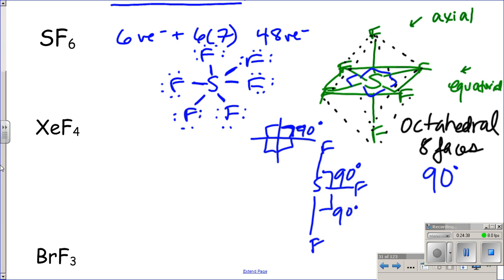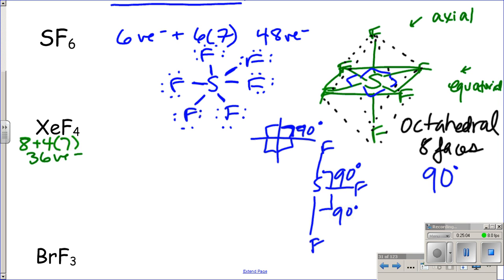All right, so let's try this again. I'm going to go in a different color here for xenon tetrafluoride. Xenon tetrafluoride. We have xenon, a noble gas, which is okay with bonding because it's got a large mass and it's got a large number of energy levels to store additional electrons. So xenon plus 4 times 7, so 28, plus 8 is 36